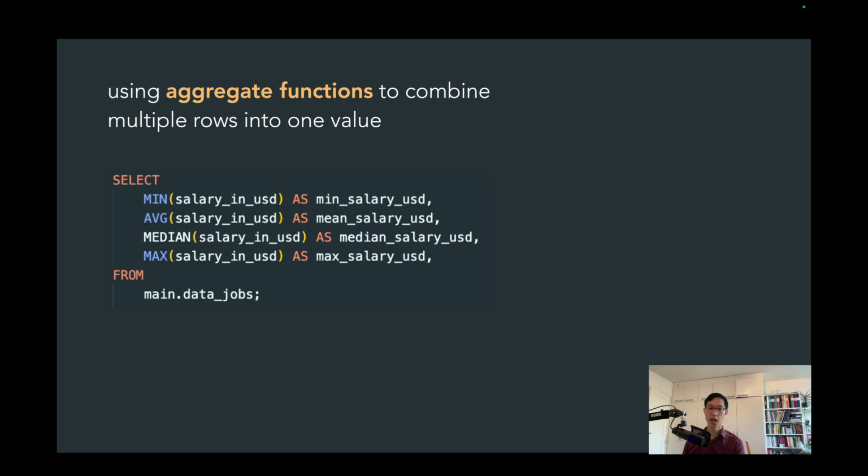We have aggregate functions to combine multiple rows into one value. So here you have a lot of rows of salary in US dollar. We choose the min of it. So basically we have a lot of rows, we squash them, and choose one, that is the minimum. Here we have average, so we take everything in the column and calculate the mean value, and it returns one value. Similarly, median returns one value, and max returns one value. So this gives us descriptive